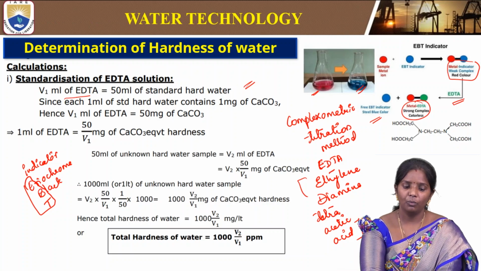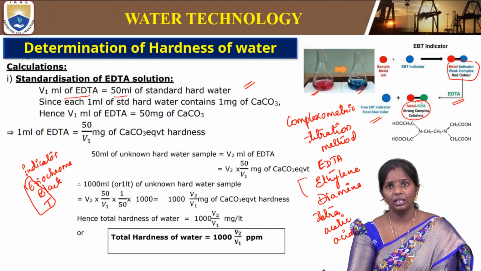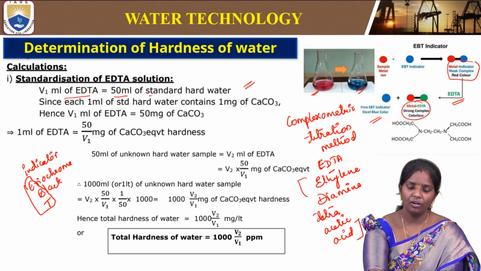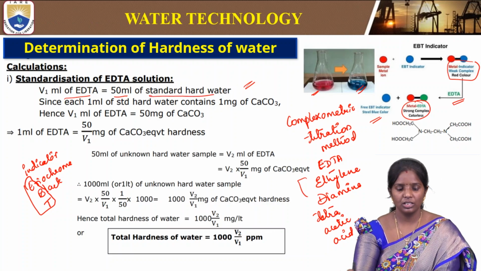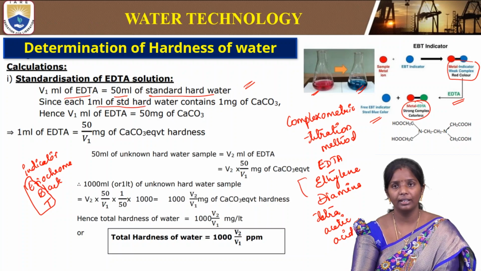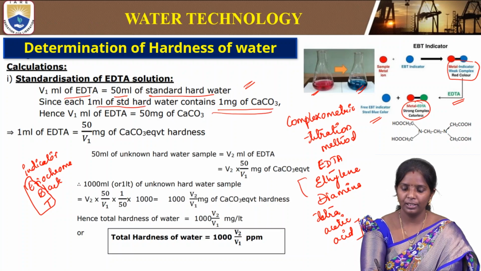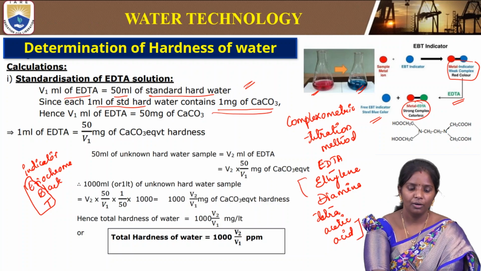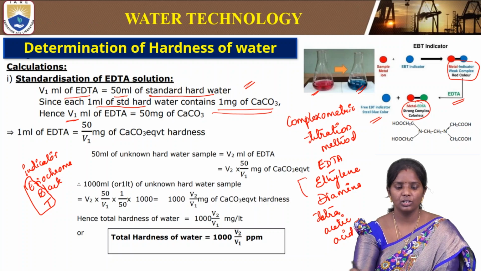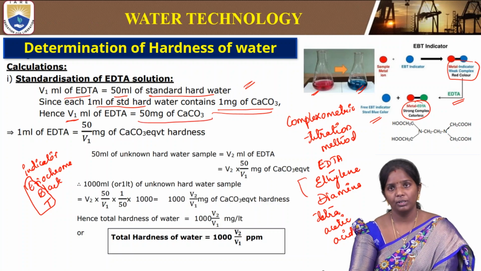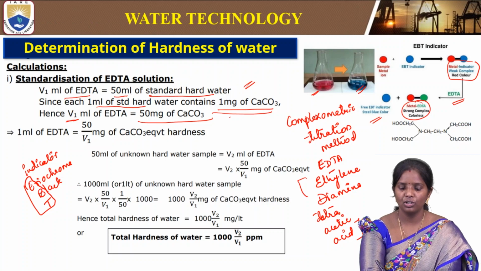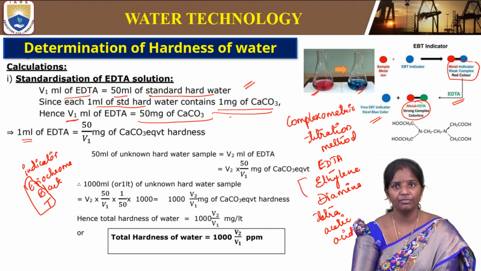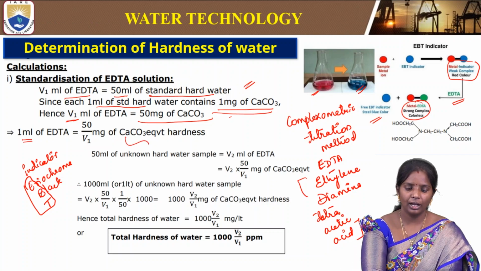This is because we have to standardize our EDTA. V1 is the volume of EDTA that complexes with 50 ml of standard hard water. Since 1 ml of standard hard water contains 1 mg of calcium carbonate, 50 ml will consume 50 mg of calcium carbonate. So V1 ml of EDTA is equal to 50 mg of calcium carbonate, and 1 ml of EDTA is equal to 50 by V1 mg of calcium carbonate